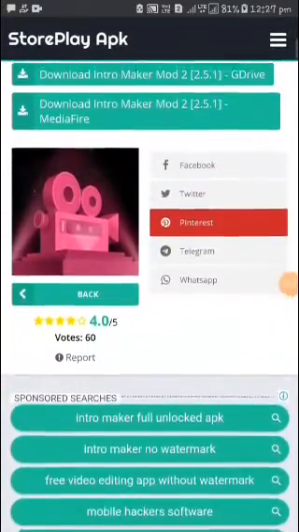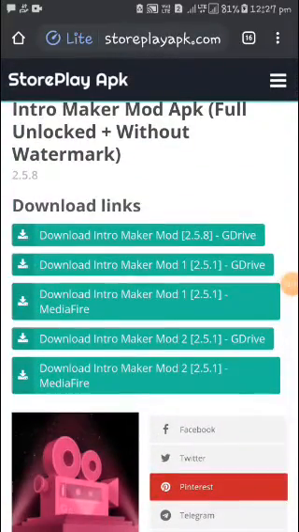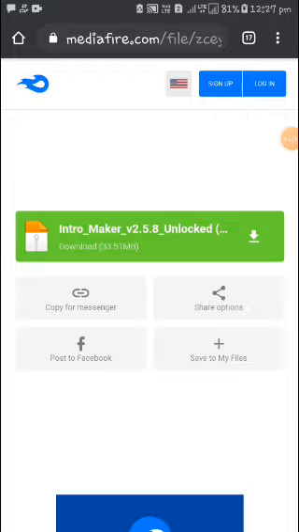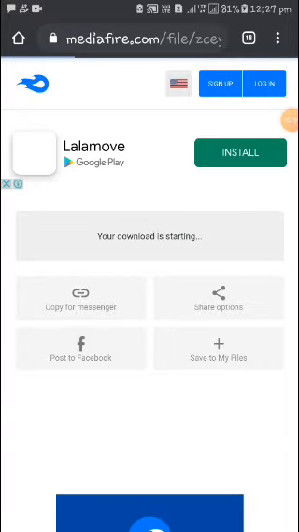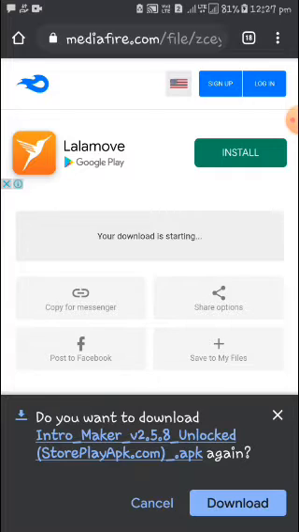and guys, it shows like this. Scroll up, guys, sorry for saying that. Scroll down and click on the first link, just click on it, and guys, click on this download. Very simple application, guys, it's a very simple application. And guys, it starts downloading.